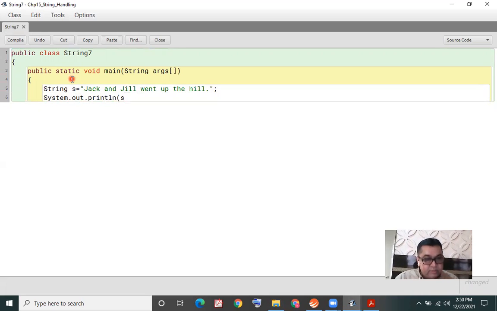In my string s, we want the replace method to replace every occurrence of j with z. So I'm telling the replace method that you look out for the letter j, and wherever you find j, you replace it with z. Okay, one closing curly brace for the replace method and the println method.